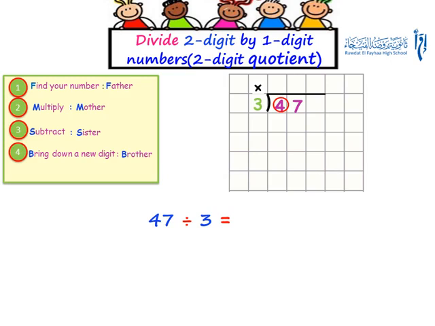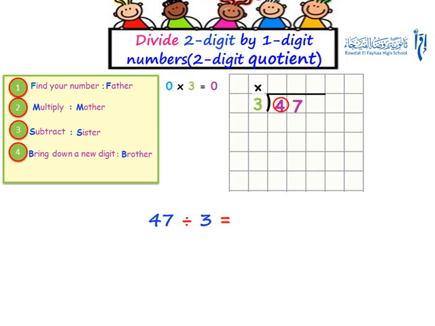Now, again, you don't have to divide the whole number at a time. Just split your division problem into 2 steps, digit by digit, and always start with the digit with the greatest place value, which is the 4 here. We will look for 4 in the table of 3. We will recall the table of 3 till we find a multiple which is the closest to 4 and still